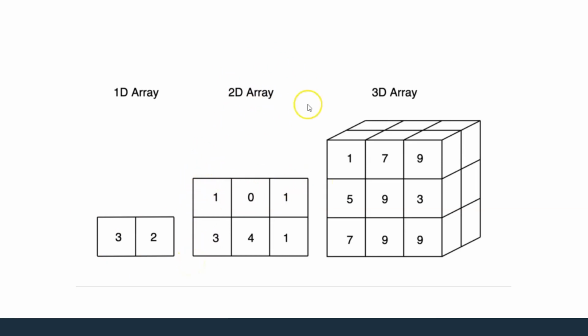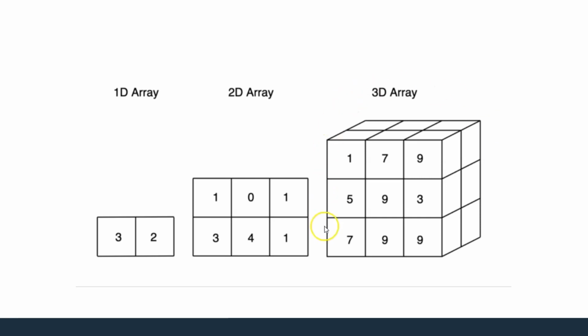And then we can also have a 3D array, which will have an x-axis, a y-axis, and also a z-axis. Think of a simple box, which will always have at least 3 dimensions. From here, you can build even more complex arrays, which can have 4 dimensions or 5 dimensions or as many dimensions as you want.